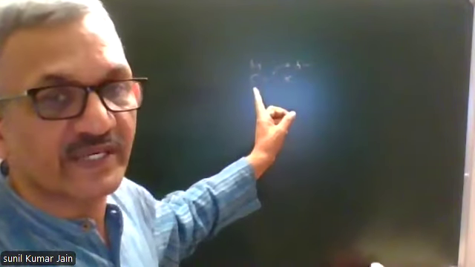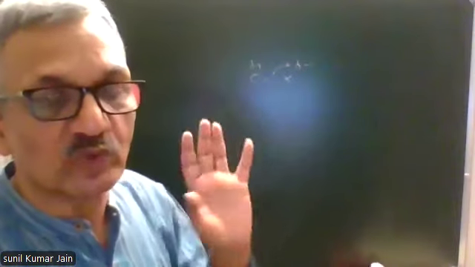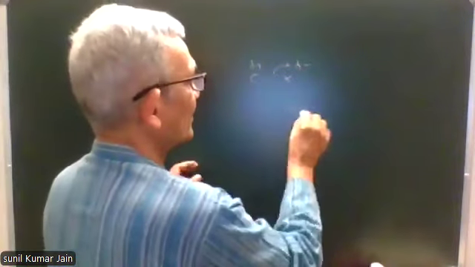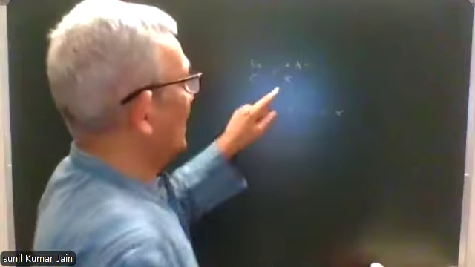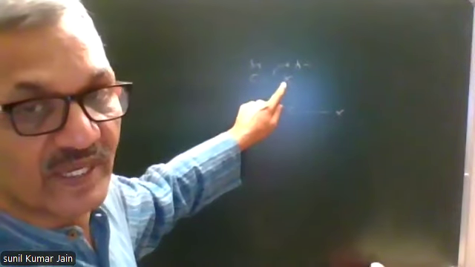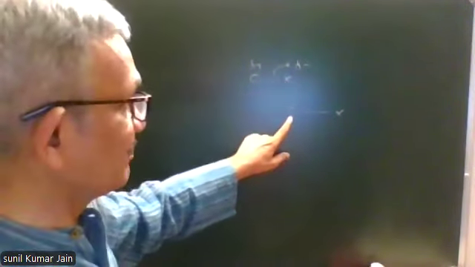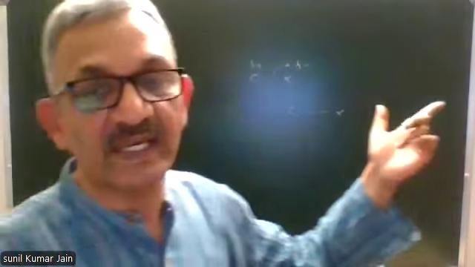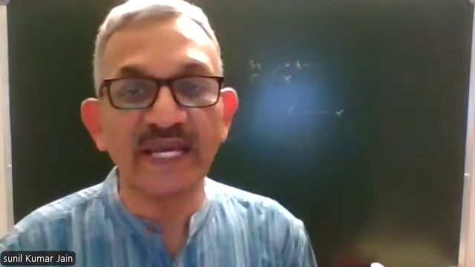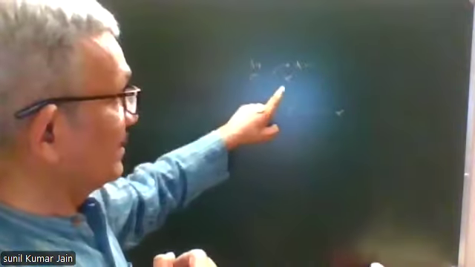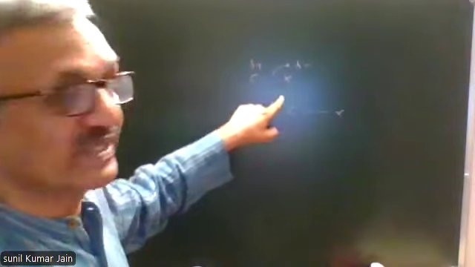halogen is more electronegative than carbon. And due to this polar nature, the negative end of one alkyl halide molecule will attract the positive end of another alkyl halide molecule. This is called dipole-dipole attraction. So one reason for the higher boiling point of alkyl halides is they have higher molecular weight. Second reason is polar nature, due to which they have dipole-dipole attractions.